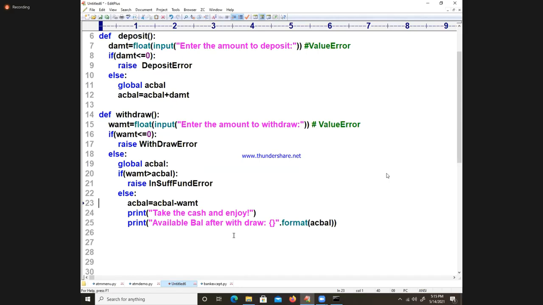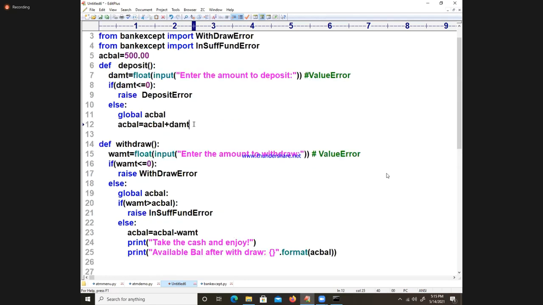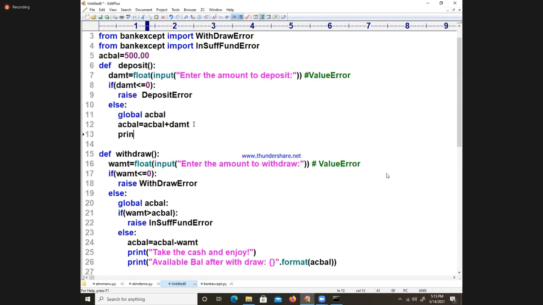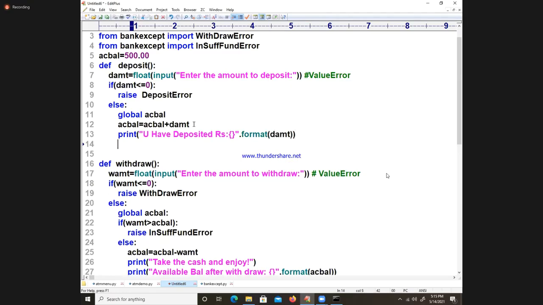Now, let us move forward. This is completed. And here, after depositing, I will write one statement. Print, you have deposited rupees, dot format of the amount. One minute, you follow me. Print available balance